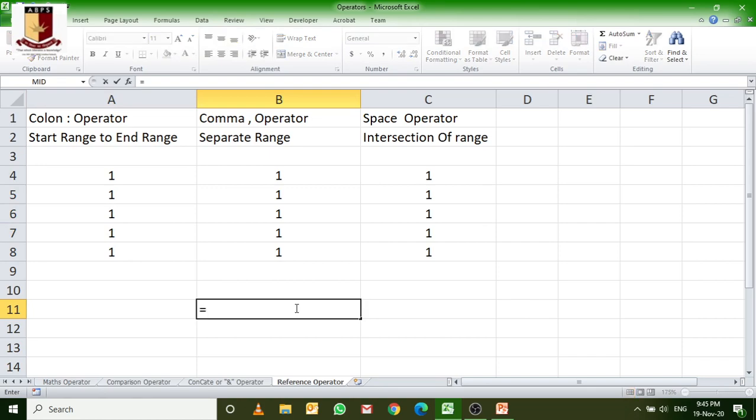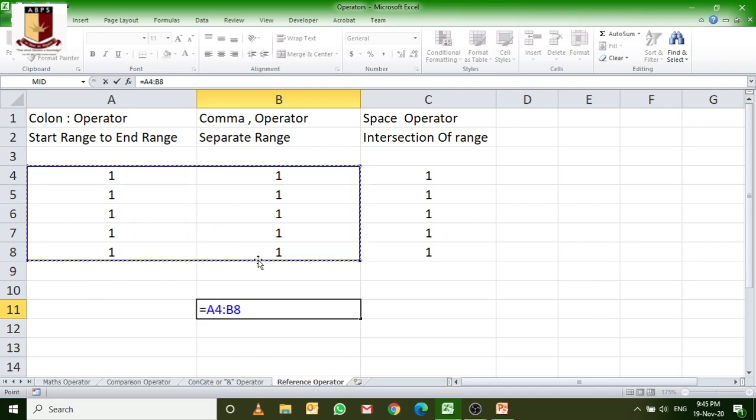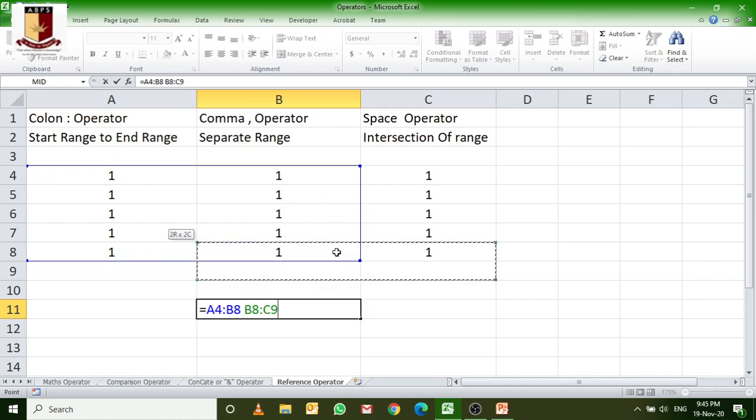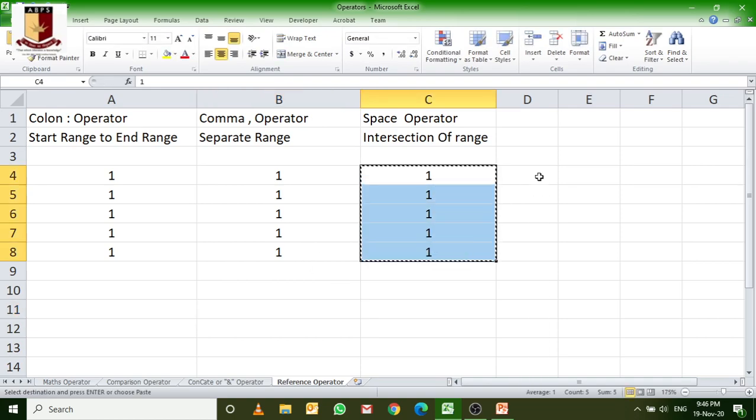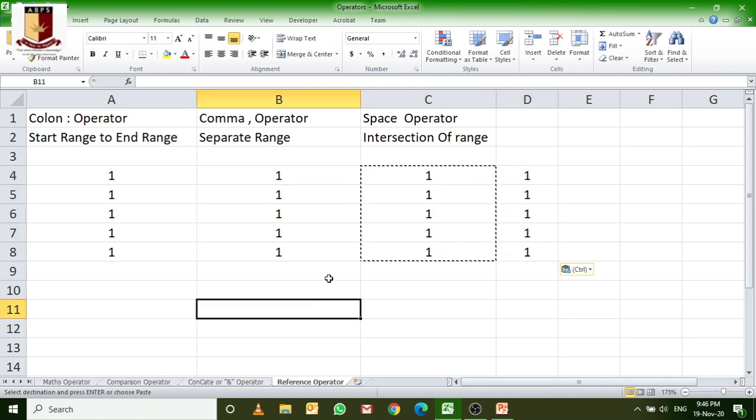Now simple, I am taking this range, space, and this range. Again, let me take a few more, actually that will help you understand this easily.